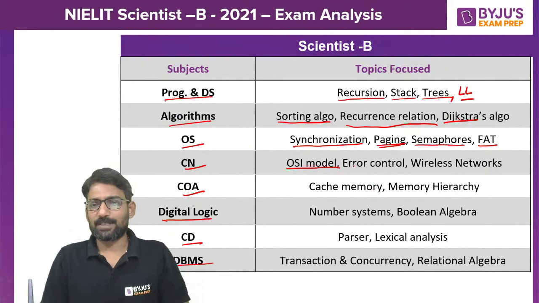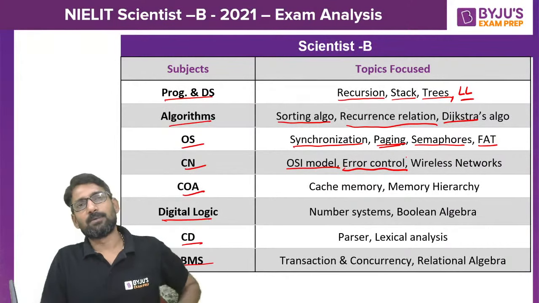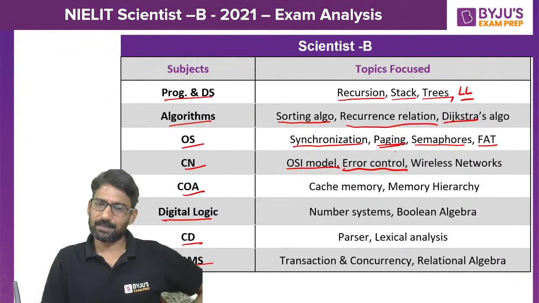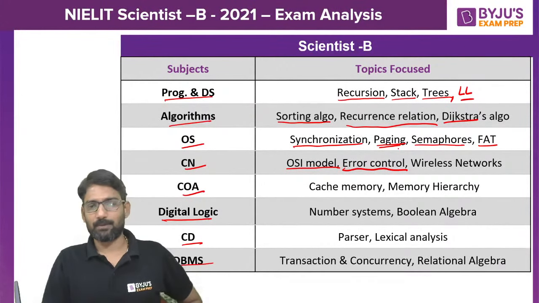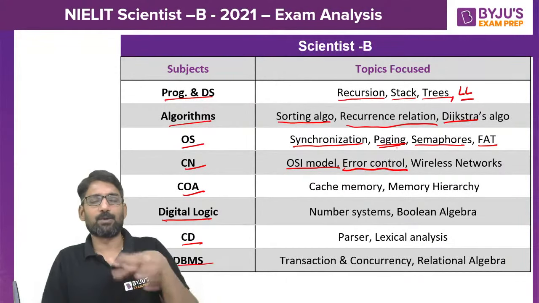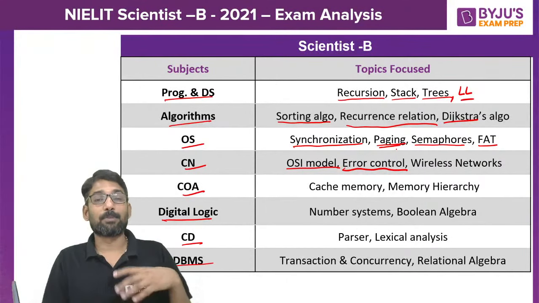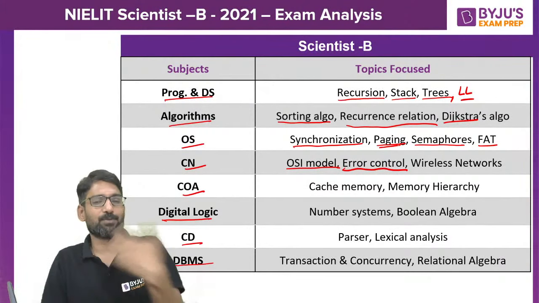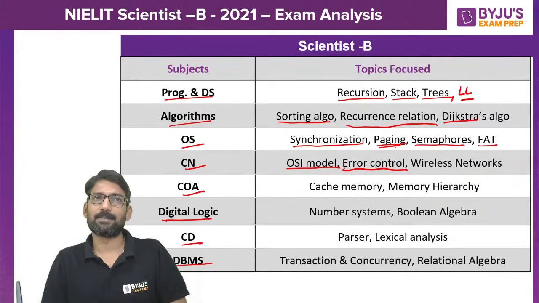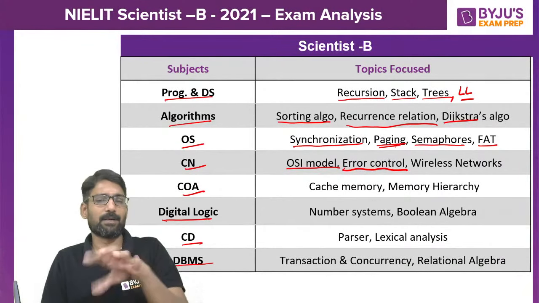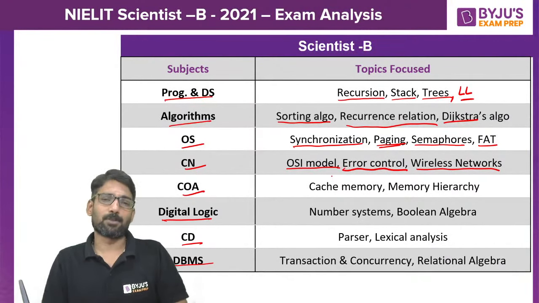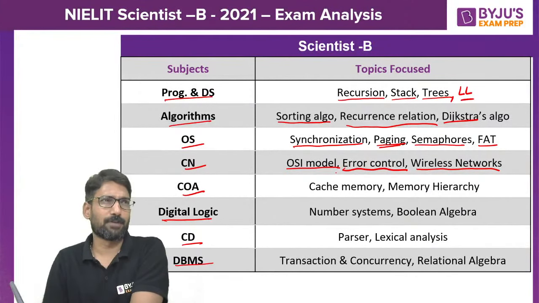And we have got a question from error control, like from Hamming code we have got a question, and from CRC I think we have got a question. So basically it is around error control, and also from access points, like in a local area network, what is the access point called. And from wireless networks also we have got a couple of questions, like asking for the full form of WPA, I think.